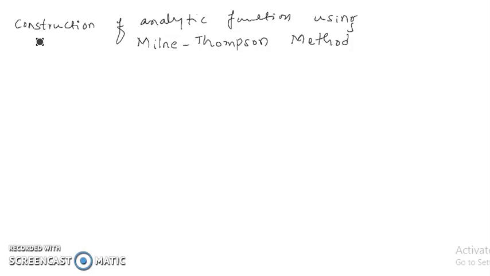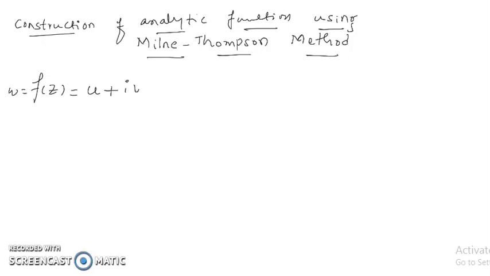So in this, what we are going to do, we will get either a real part or imaginary part of the function. Say, as we know, f of z is a function, that is w is an analytic function. So this will be written as u plus iv. So we will get either u or v. With the help of u, we have to find v, and if imaginary part v is given, with the help of v, we have to find u.